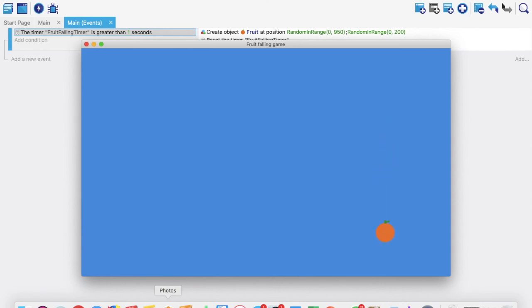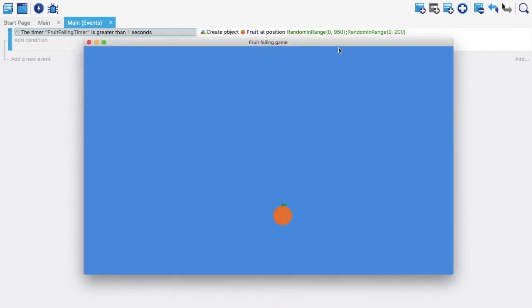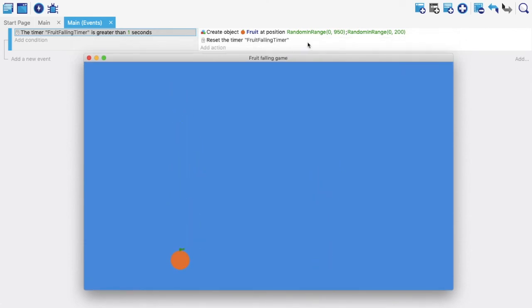As you can see, it's a platformer object, so there's a gravity and it is getting generated up because I have used the y axis only from 0 to 200, as you can see here. So only from this particular section maximum the fruits will be generated, and in the x-axis I have almost covered the whole width of this window, and it should work properly. It is working properly. So I hope you understood how to use a timer, how to reset a timer, and how to initiate a fruit falling game.